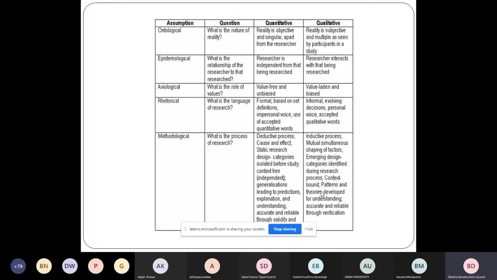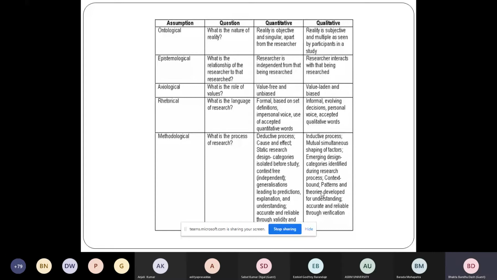Value-free and unbiased, value-laden and biased. So if you talk about a value-free approach, the methodology you need to adopt, it's not that researcher X has adopted a particular methodology and I'm bound to adopt that. No, not like that. I can establish my own methodology to draw a conclusion out of that. But if I usually support the methods and approach other researchers analyze, and the same analytic tools I'm adopting, then ultimately it's a qualitative analysis.